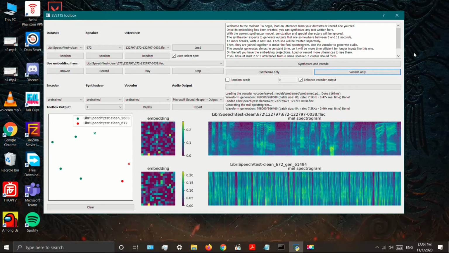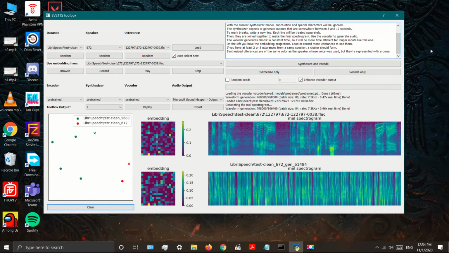Then they are joined together to make the final spectrogram. Use the vocoder to generate audio. The vocoder generates almost in constant time, so it will be more time efficient for longer inputs like this one. On the left you have the embedding projections. Load or record more utterances to see them. If you have at least 2 or 3 utterances from a same speaker, a cluster should form. Synthesized utterances are of the same color as the speaker whose voice was used, but they were represented with a cross.